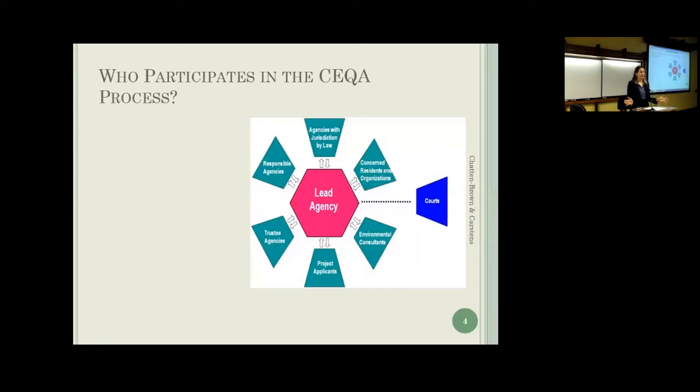And then, as I mentioned, the public is a very important component of CEQA, and they also participate in this process by commenting on projects, by suggesting mitigation measures and alternatives. I also have the courts on there because that can come up as well, as you saw in all the cases that Susan showed earlier. When the dispute continues despite a project being approved, it can go to court. And CEQA, while it has a short statute of limitations for getting into court, does have a good basis for helping the public address these issues quickly and thoroughly.